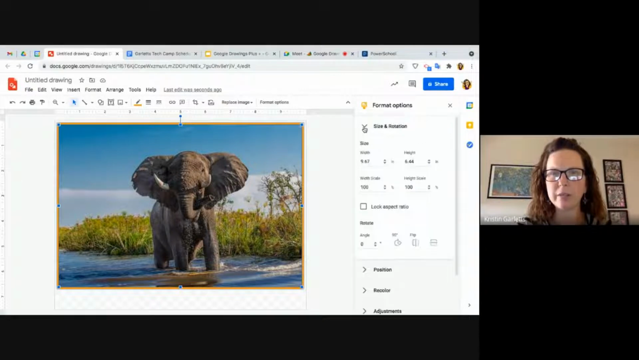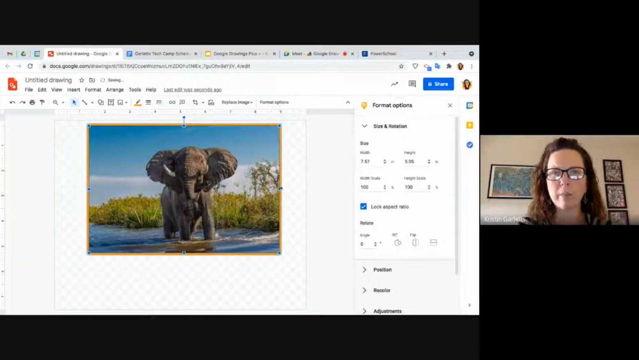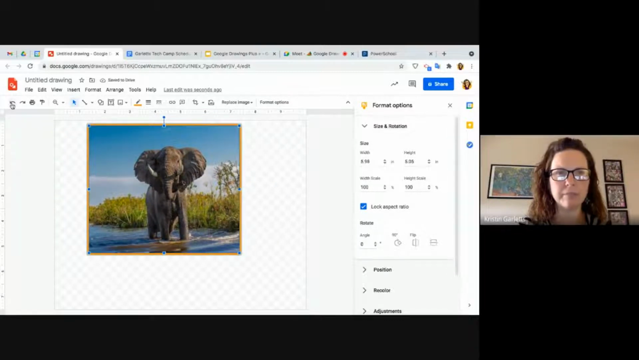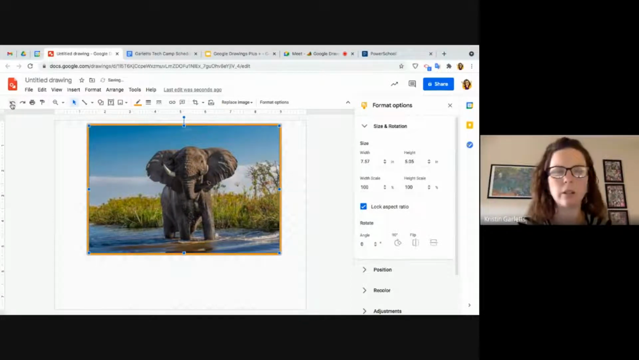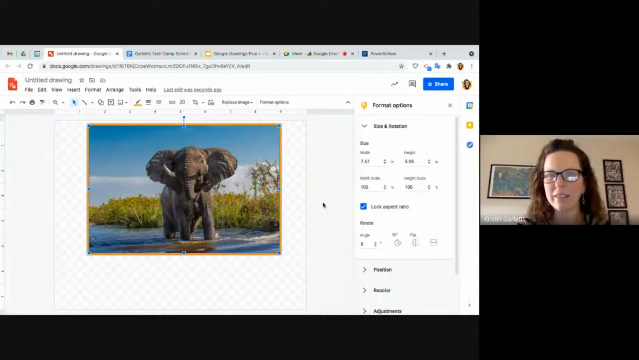You can choose size and rotation and actually change it. Locking aspect ratio is always good so that they can't make him a really skinny or a really squatty elephant. The students should be changing the size of a picture by the corner, not by the size here. See, now he's all skinny. And we want a good and healthy one. All right, so you can change the size this way